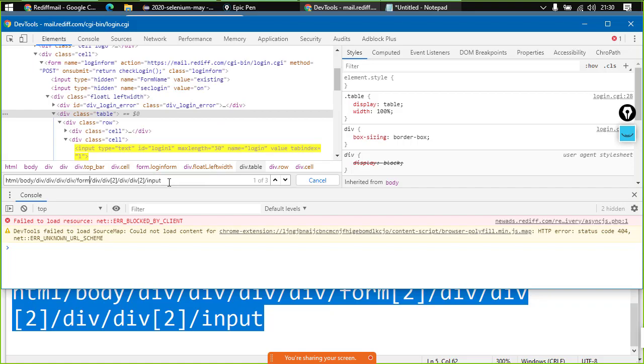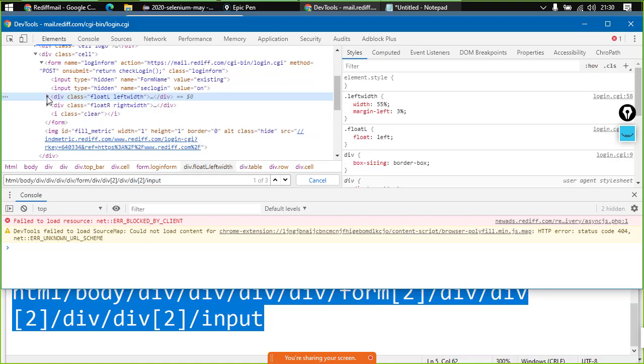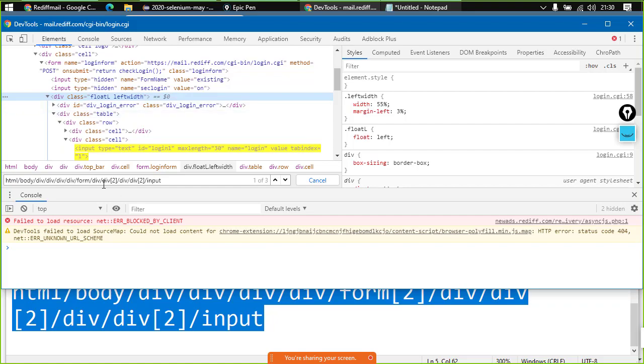The input is with the second div tag, and this div tag is the first div tag here, right? But is there any other div tag? Actually, if you notice something, there are 2 parallel div tags under the form tag, right? So we need to have access to the first one. So inside the first one, we again got these 3 elements. So what do we need to do to resolve this issue?